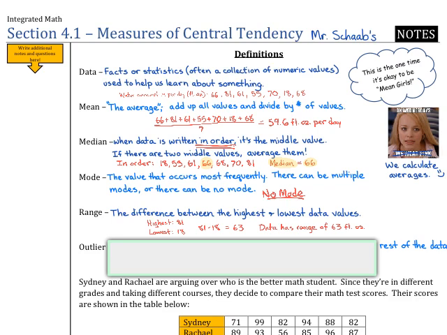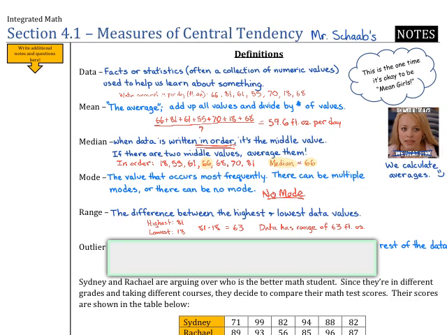But the range tells you what the spread in the data is. So basically, we find that by finding the difference of the highest and lowest data values. So you can see what I did here. The highest value we had in all 7 of these values was 81. The lowest was 18. So all we have to do is subtract those. Remember, difference means the answer to a subtraction problem. So we get 63. So that means there's a range of 63 fluid ounces,